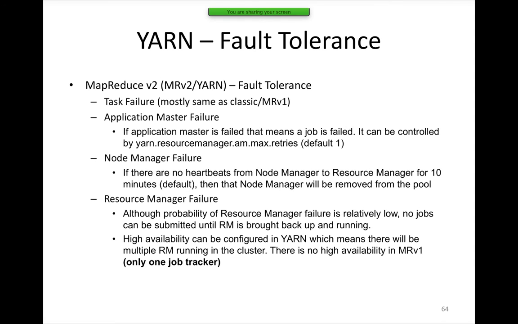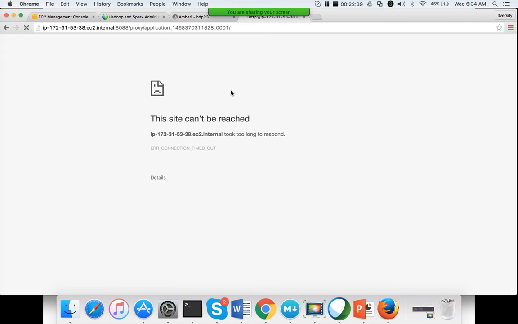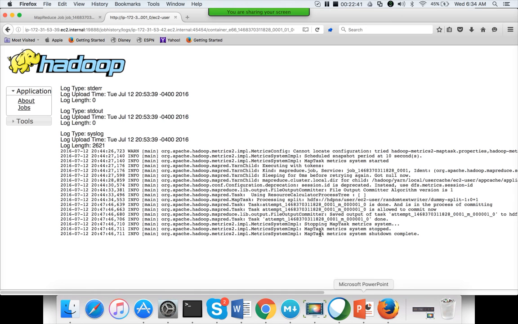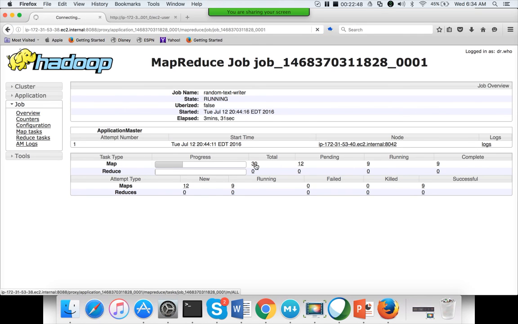So yeah, fault tolerance I have covered at the time of discussing the Classic. Most of the features are the same. Task failure is dealt with in a similar fashion as with Classic. So for example, when we run this job, if one of the tasks fails on one of the nodes, so here there are 30 tasks.